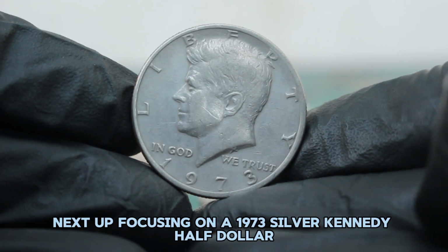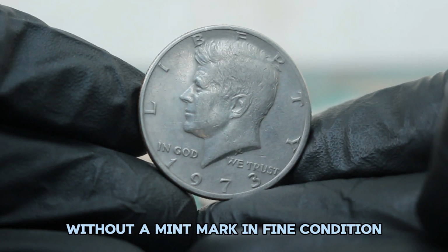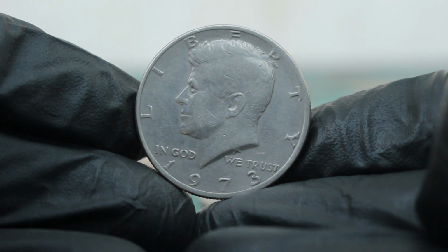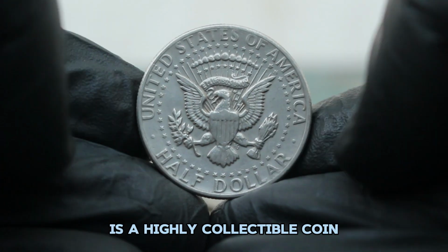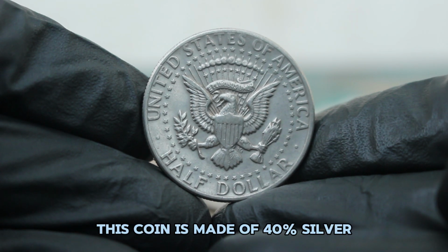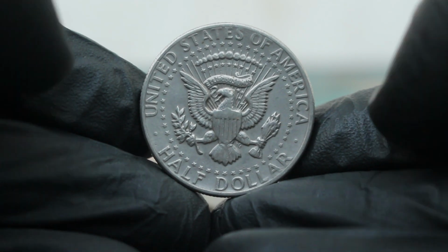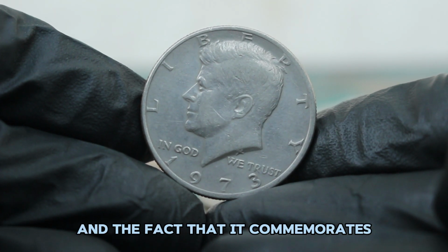Next up, focusing on a 1973 silver Kennedy $half without a mint mark in fine condition. If you're a collector or just curious about coin values, you won't want to miss this. So, let's get started. The 1973 silver Kennedy $half is a highly collectible coin, especially those without a mint mark. This coin is made of 40% silver, which gives it intrinsic value even before considering its numismatic significance. It's a beloved coin among collectors for its historical importance and the fact that it commemorates the legacy of President